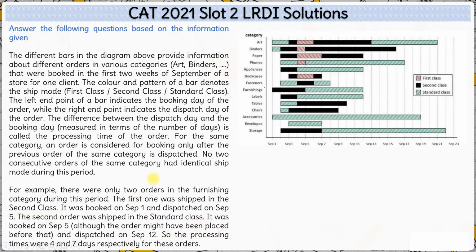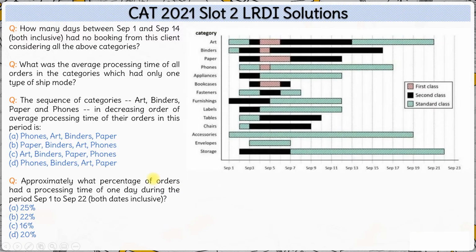Understanding the bar graph was the most important aspect of this particular set. Once we have understood the bar graph, let's look at the questions. The questions are very straightforward. Let's look at the first question here. For how many days between September 1 and September 14, both inclusive, had no booking from this client considering all